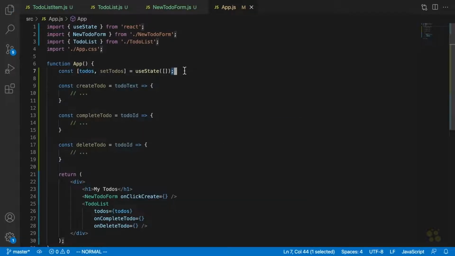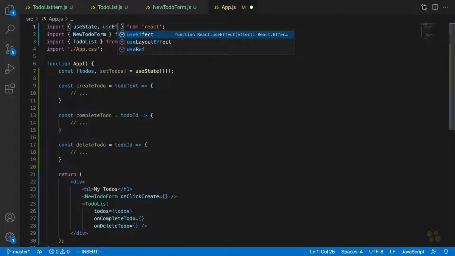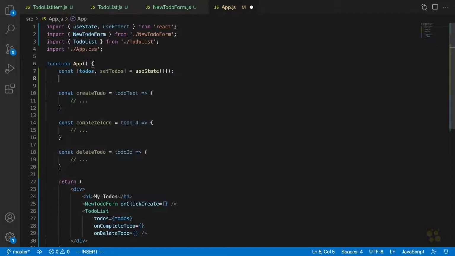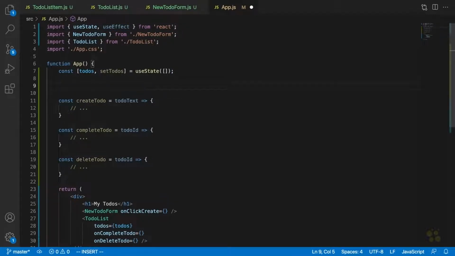Essentially, the strategy we have to take when we're loading to-dos is we want to load our to-dos right when our app component is first rendered. Now, as you may remember, the way that we do this in React is by using the useEffect hook. Okay, so essentially when we're loading data inside one of our components, it's generally going to take the same form,